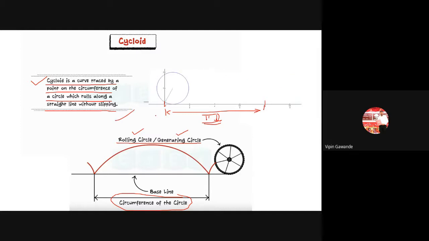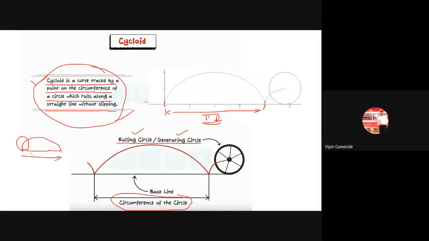This is another MCQ question on the cycloid. First is the definition of the cycloid: a curve generated by a point which is mounted on the circumference of a circle. This point is on this circle, and the circle is rolling. Take one coin, mark a point on it with a pen, and then roll it on the table. That point will rotate and it will generate a cycloid. Only the thing is it will take more distance. If you take pi d distance, that we call one revolution. So you have to remember the definition of the cycloid.